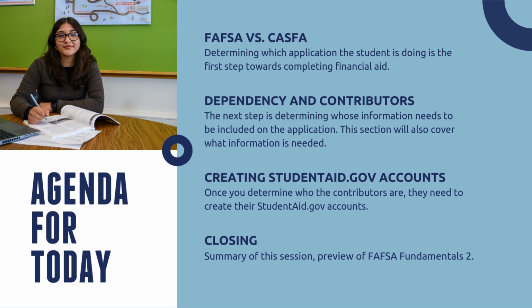Here's our agenda for today. We'll talk about how you determine whether a student will complete FAFSA or CASFA. Then you'll figure out whose information will need to be included on the application. We'll also talk in this section about what application will be needed. Once you've figured out who will be providing information on the FAFSA or CASFA, we'll talk about what needs to happen to create the appropriate accounts. And then we will close by summarizing this session and give a quick preview of what we will cover in